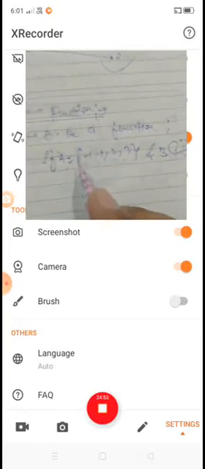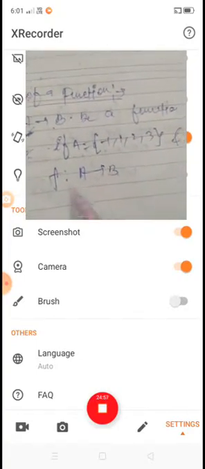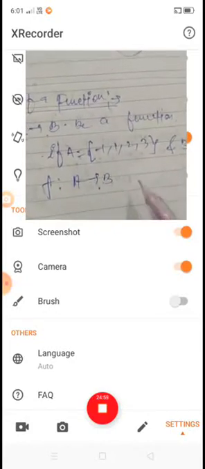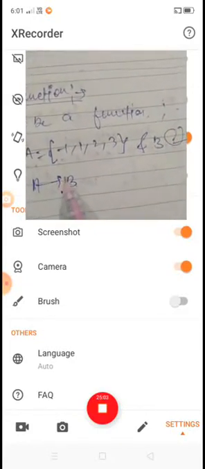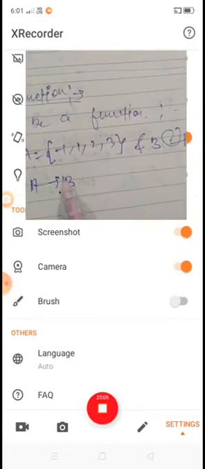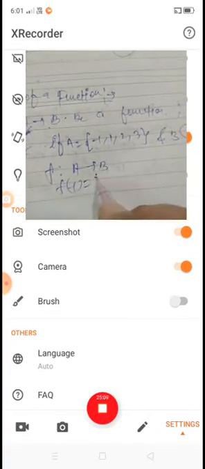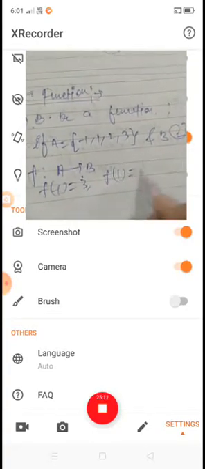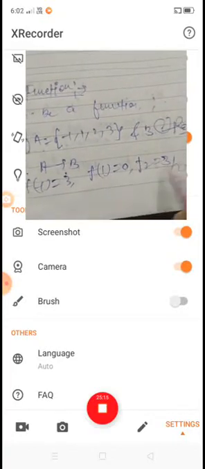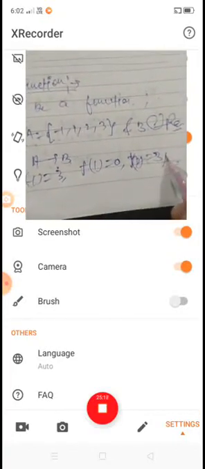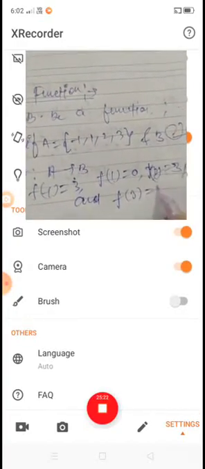Then a function f such that A to B can be described as f(-1) = 3, f(1) = 0, f(2) = 3/2, f(2) = 3/2, and f(3) = 0.